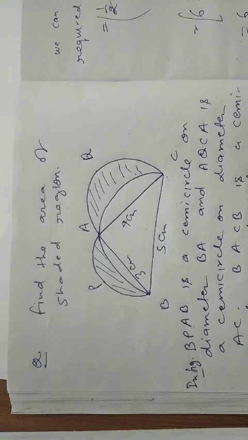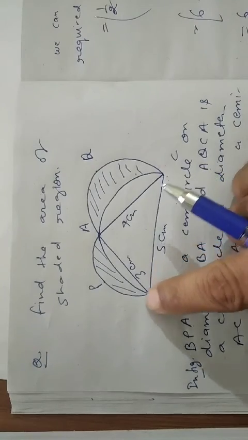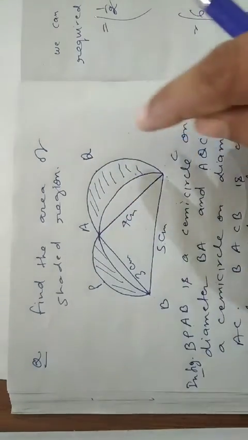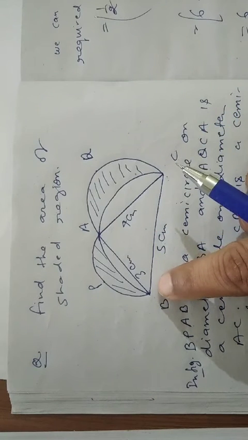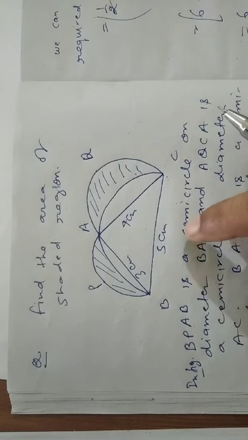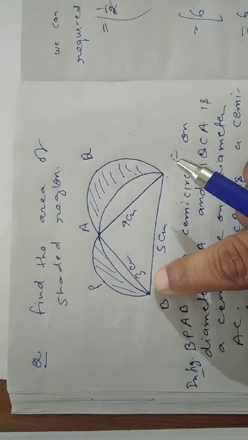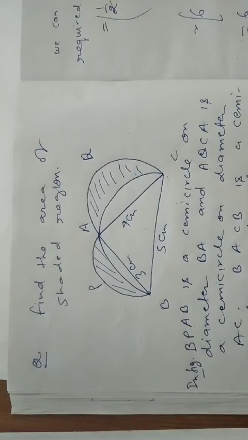So just find the complete area of the figure and subtract the area of semicircle on BC as diameter,